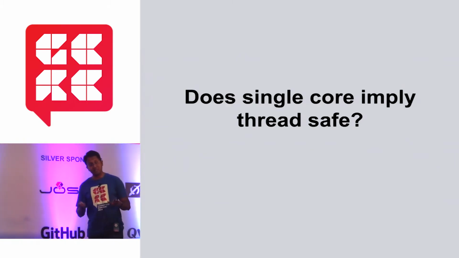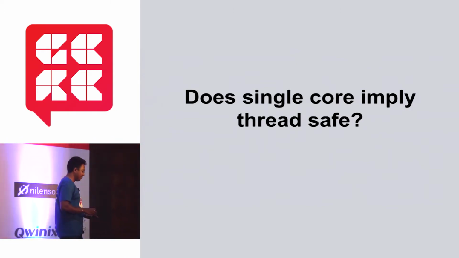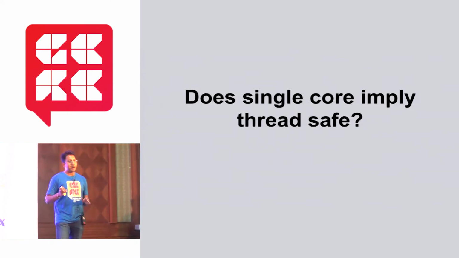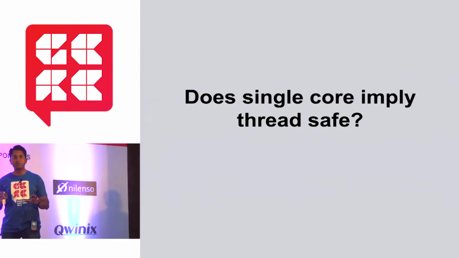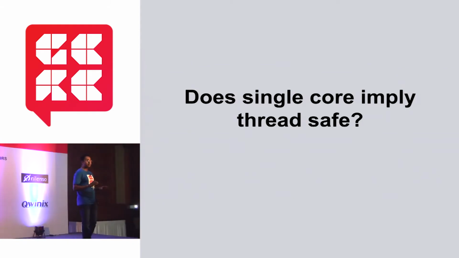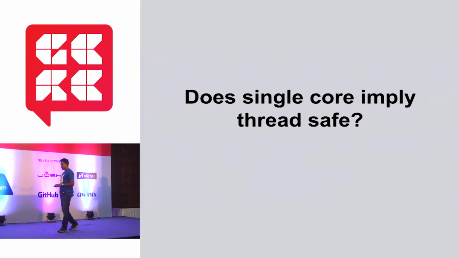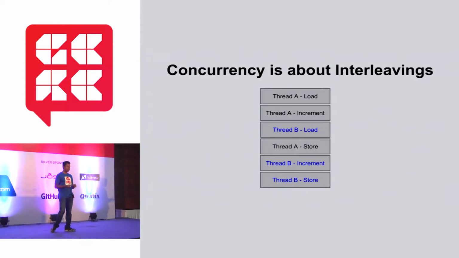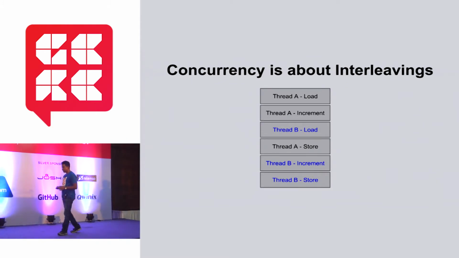And another pretty popular myth, I don't think many people believe it here, in this audience at least: I don't have concurrency problems because I'm running on a single core. Not true. Again, threads can switch context and run on the same core and still have dirty reads and things like that. So concurrency is all about interleavings, right? Again, goes back to reordering. I think I've been talking about this too often, and let's not bore you with that. So it's about interleavings. We'll leave it at that.